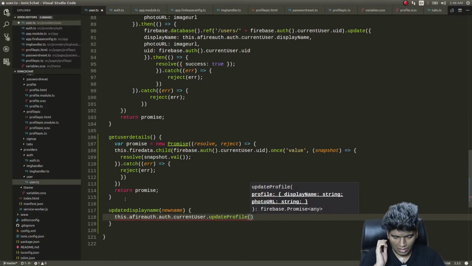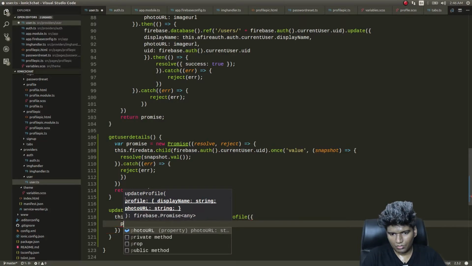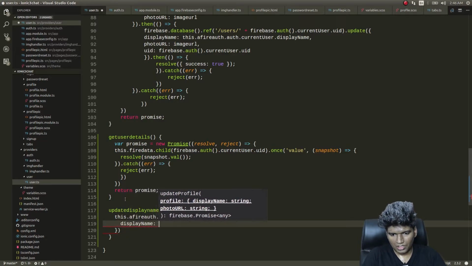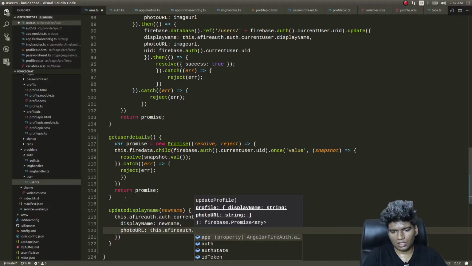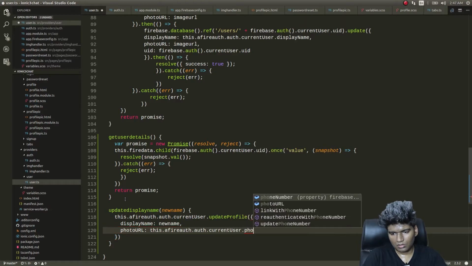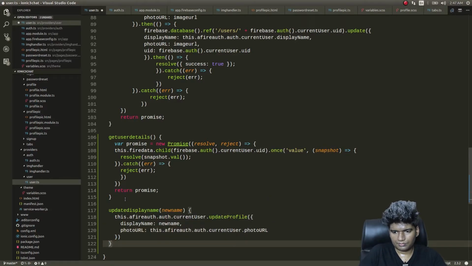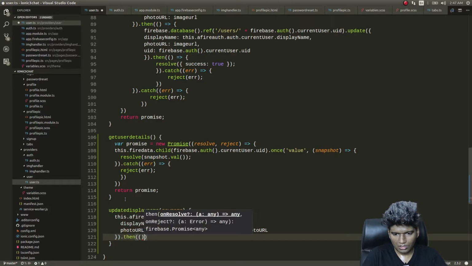Update profile is here, and inside this what are all the stuff we need to do? displayName will be newName, and photoURL will be the previously existing photo URL. We are not going to change that, right? So this.afireAuth.auth.currentUser.photoURL. Okay, you get my point, right? And once this is successful, then